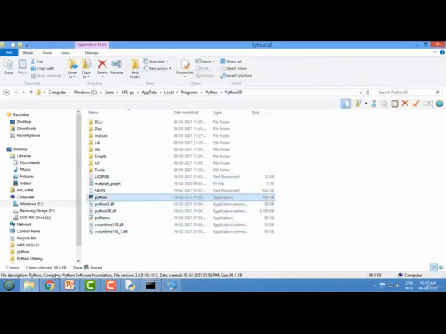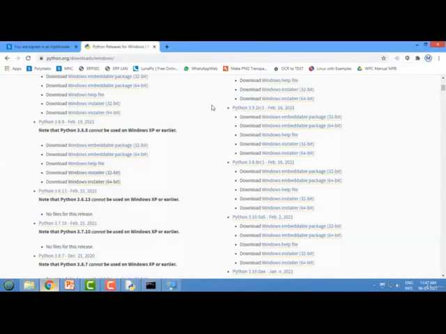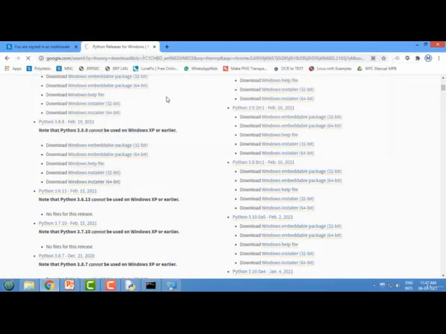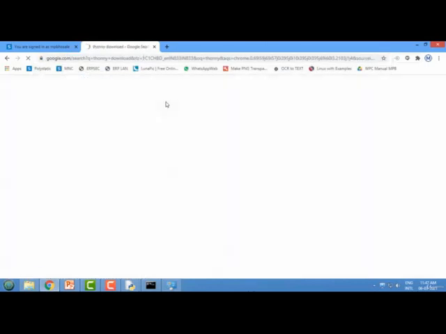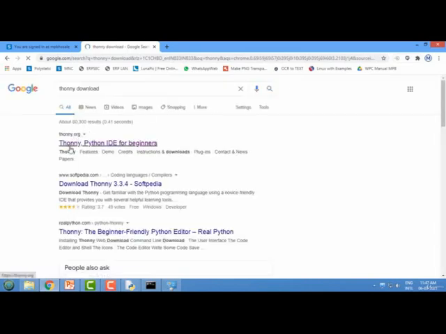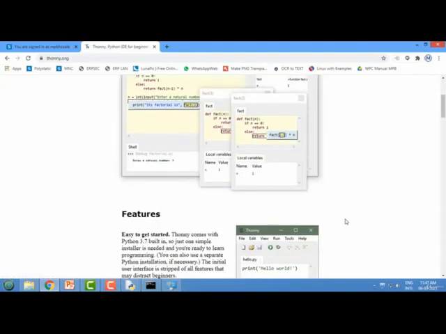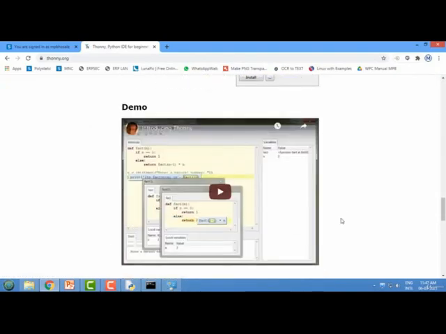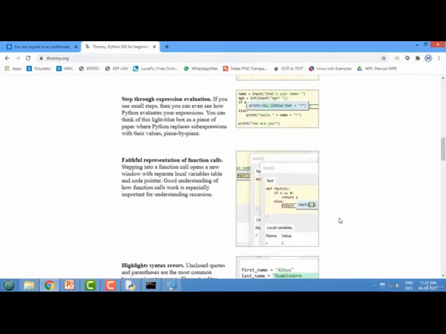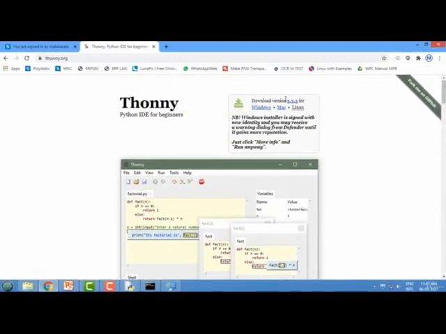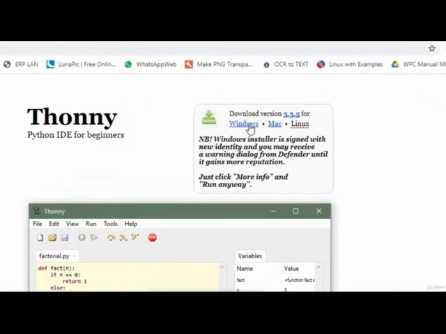Now we will see another editor that we can use for Python. So for that we have to find the Thonny editor. As I am going to use the Thonny editor, we have to go to the website. Just go to thonny.org and we can observe detailed information about this Thonny editor as well as a demo, and here is the download version.